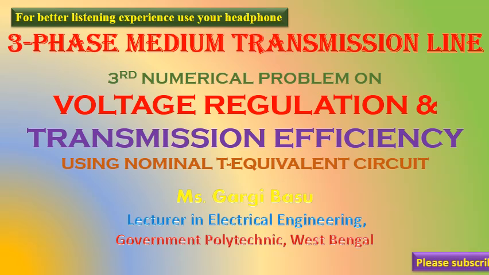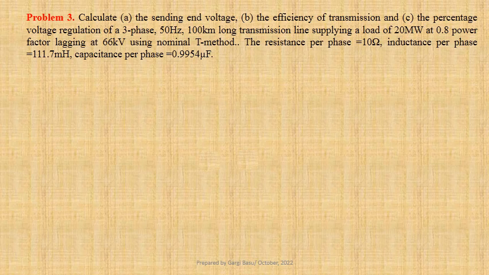Today we are going to solve one numerical problem on three-phase medium length transmission line. By solving this problem, we shall learn how to determine percentage voltage regulation and efficiency of transmission of a three-phase medium length transmission line using its nominal T equivalent circuit when load details and values of transmission line parameters are given. Using nominal T method, we have to calculate the sending end voltage, the efficiency of transmission, and the percentage